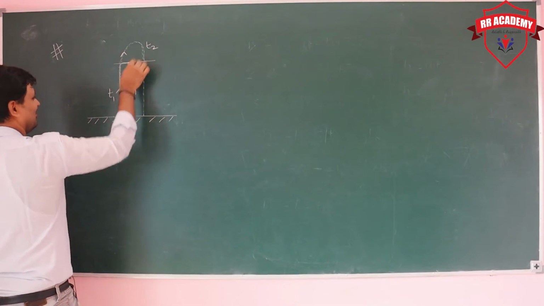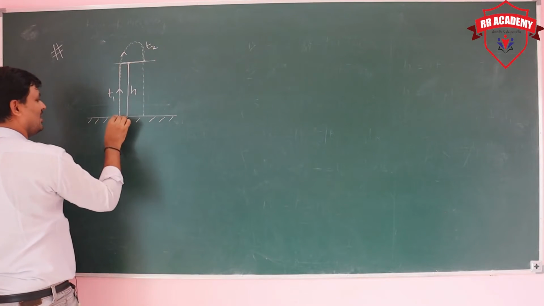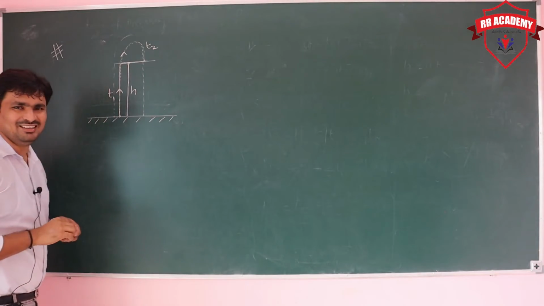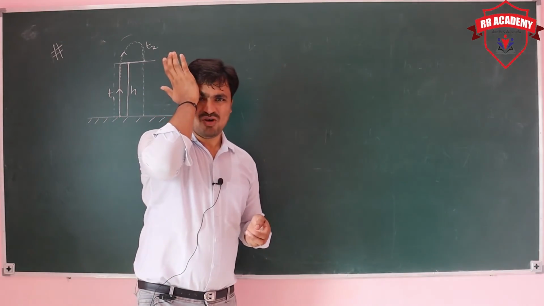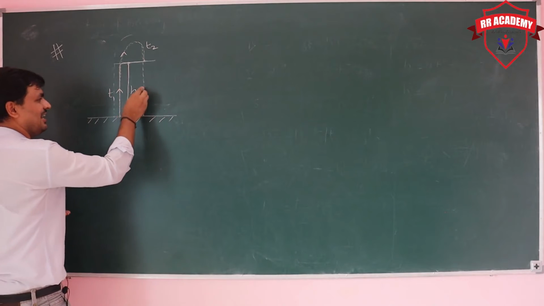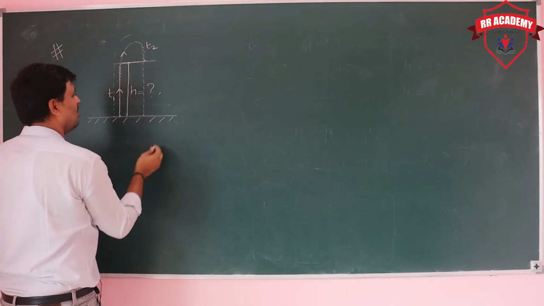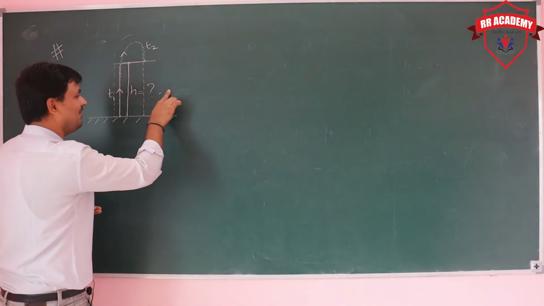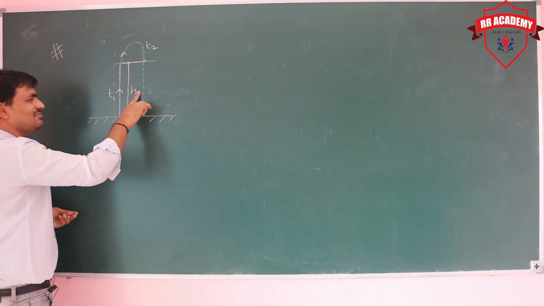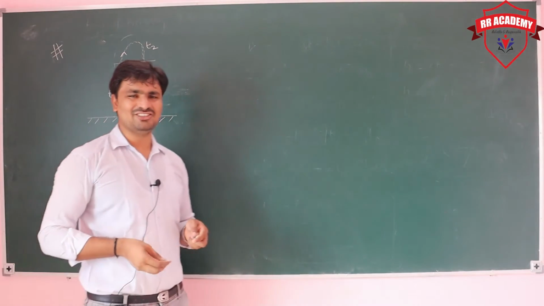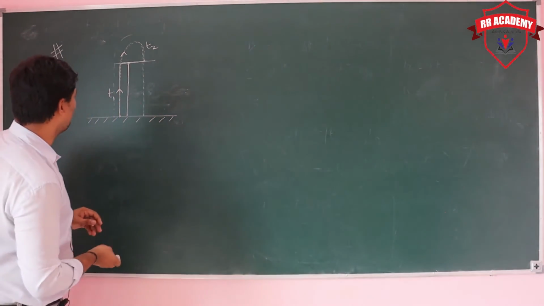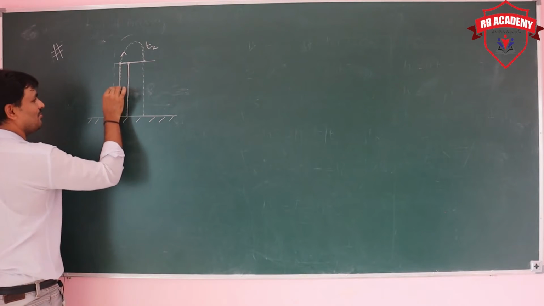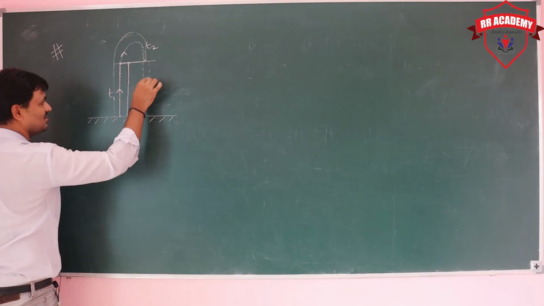So this upward t1, and downward also from the ground, how much time taken? t2 time. Now what about the height of the point? h value we have to get. And what about the u value? Both the h value as well as the u value we need to get. So see here, simply first of all you can take total time. From here to here t1 seconds, from here to here t2 seconds.